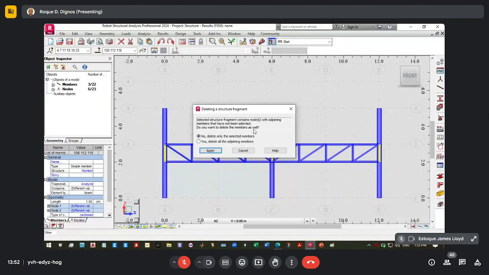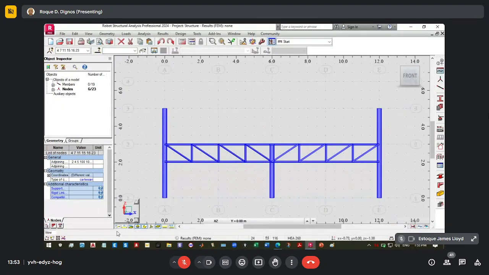Do you want to delete the members as well? If you say yes, the column will also be deleted. So no. And then delete only the selected members. Thereby the joint stays there, the node number, and only the member is deleted. Then apply.